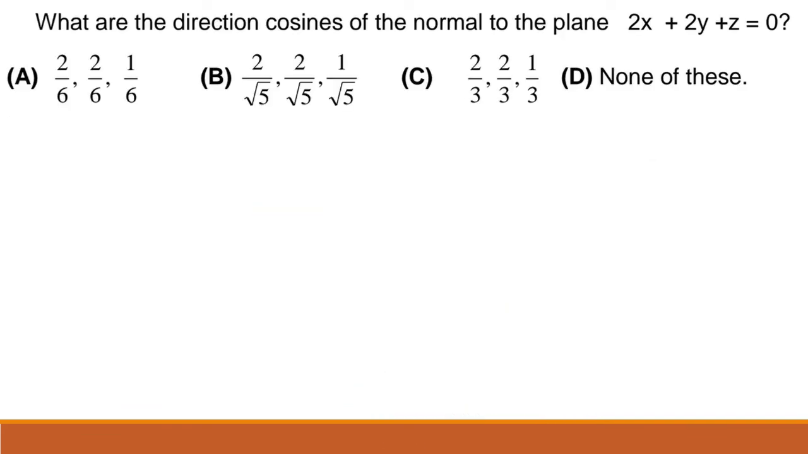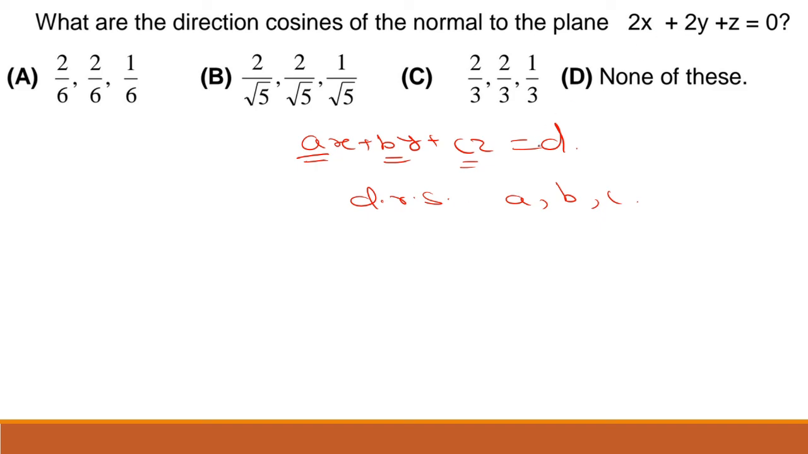So what are the direction cosines of the normal to the plane? So this plane is given, and we know if I have the plane ax plus by plus cz is equal to d, in this case what are the direction ratios? So here direction ratios are denoted by DRs, and what are those? A, B, and C. So A, B, C are the direction ratios. Okay, so